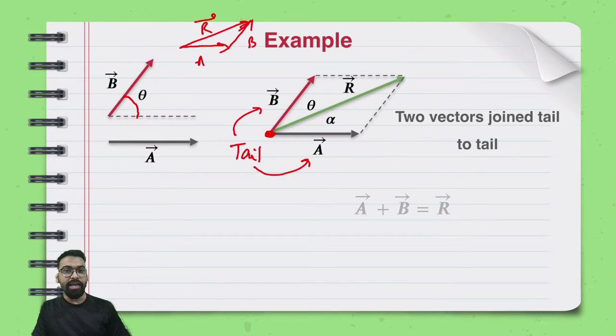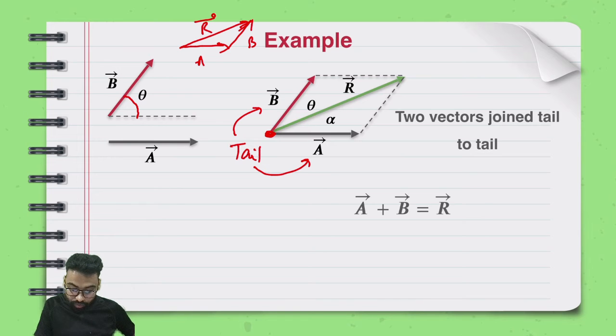What can I say next? I can say that the resultant vector R turns out to be the common diagonal of this parallelogram. Let's take it again. If I draw these two dotted lines, these two vectors correspond to one parallelogram. If this is the tail of B and the tail of A as well, this also happens to be the tail of the resultant vector R, which is A plus B. And this common diagonal is the resultant.